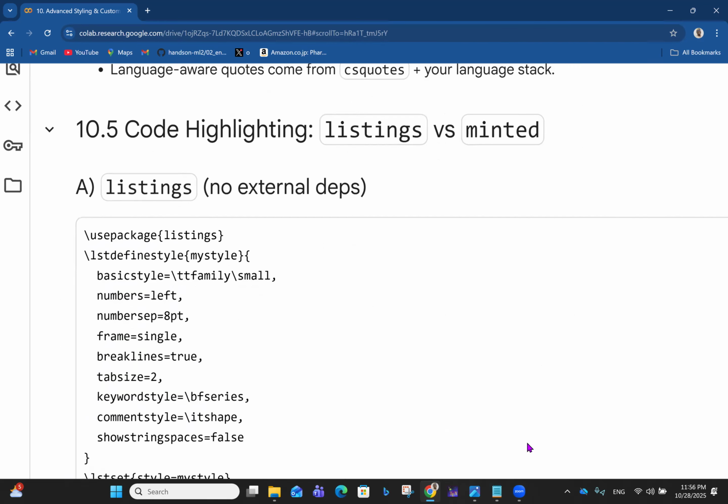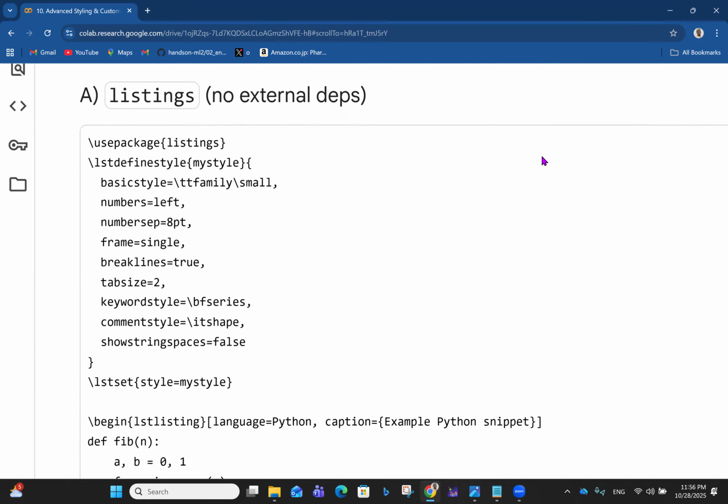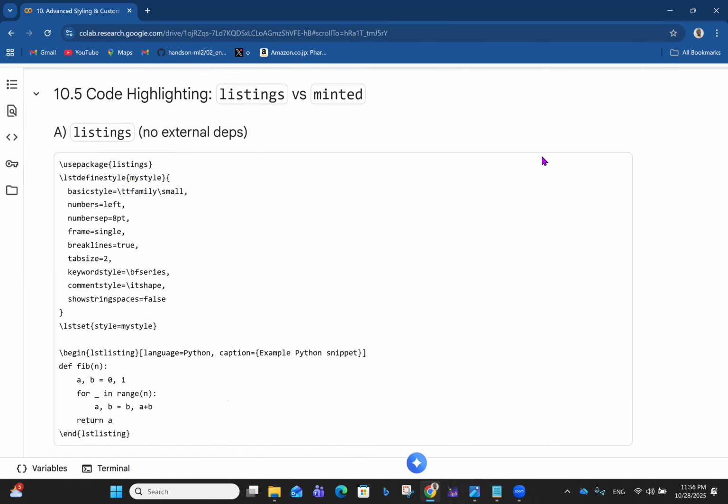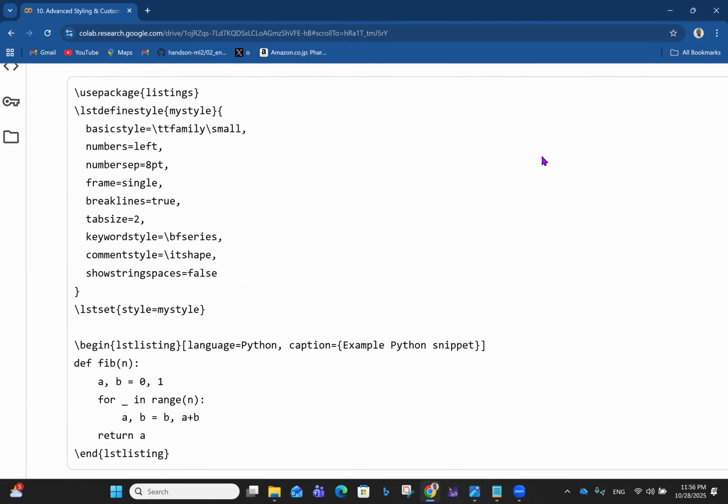Okay. Then you have 10.5, which is talking about code highlighting. For code highlighting, you can use listings versus minted. So first of all, we go for listings. In this case, there are no external dependencies. So here you have something like